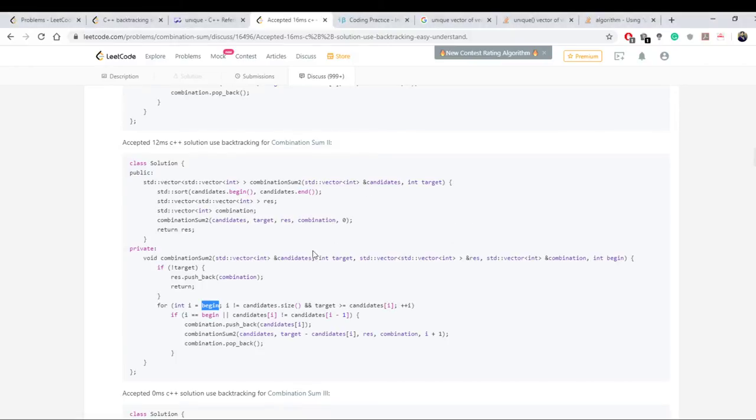But what's not making sense is if i is 0, so basically, if you're starting a new sequence and, ah, so if you're starting a new sequence